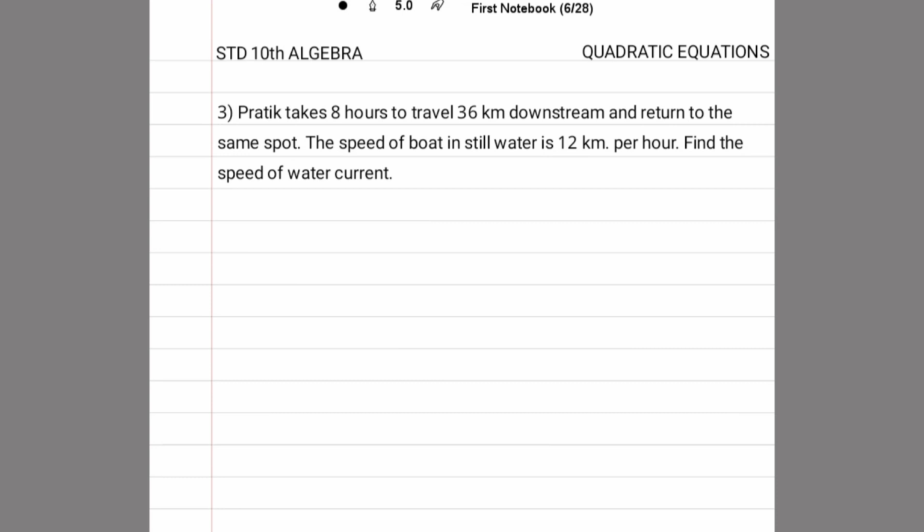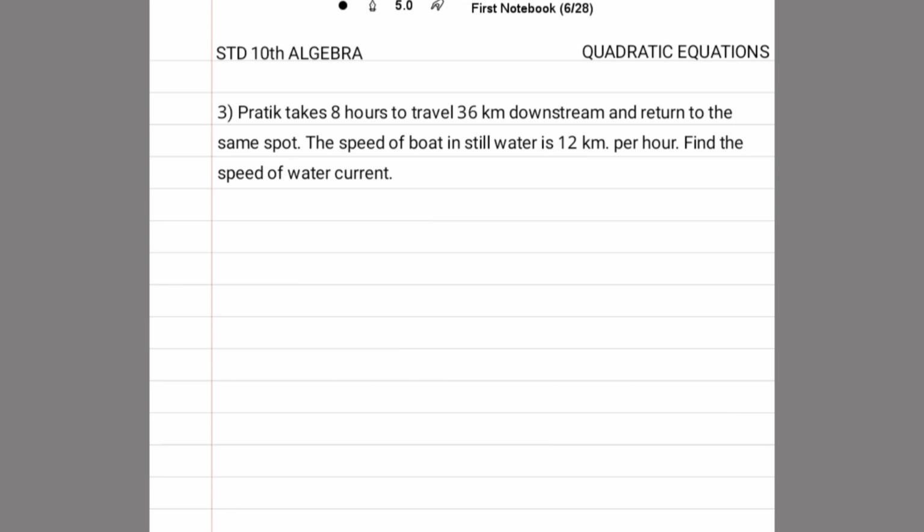In the previous question, that is the second question, we tried solving that sum using the linear equations in two variables, but we saw that there is a problem. If we take x and y, we have to cross multiply that and then solve it, right? And we get the product of x and y. So we won't be able to eliminate that term, right? So that's why we are not using the linear equations in two variables here, and we are solving it by the quadratic equations.